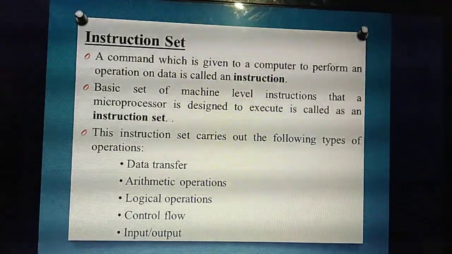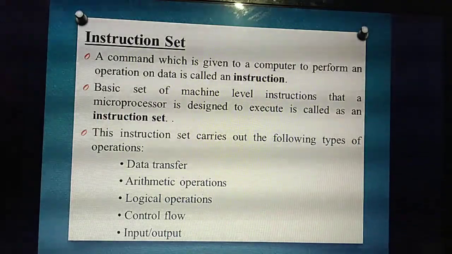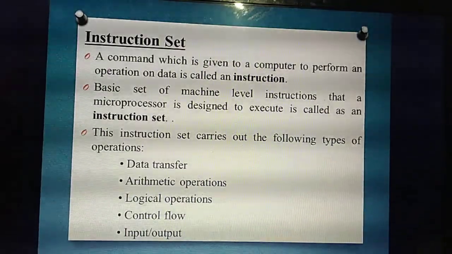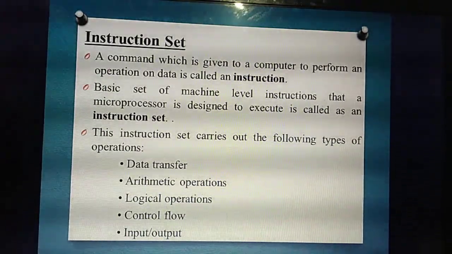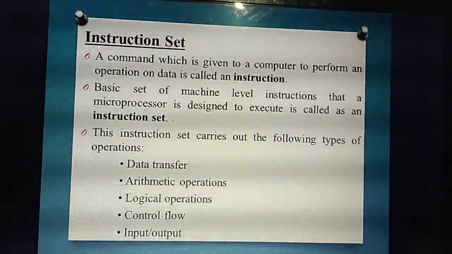So we are giving all the input by means of instructions or commands. What's the use of this command? Let's say, for example, at a particular place traffic is happening. A traffic police is there, and the traffic police will give some commands: go right, go left, take right, take left, go straight. Based on his command, a person will move his vehicle. So who is giving the command there? The traffic police. Likewise, the user is giving commands to the computer to perform a particular operation.